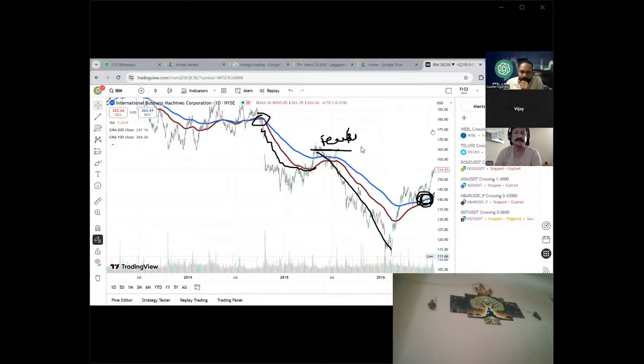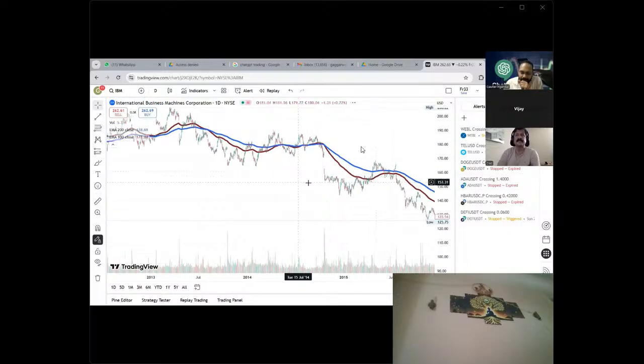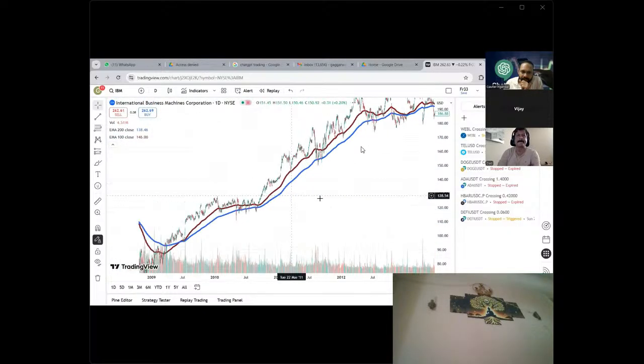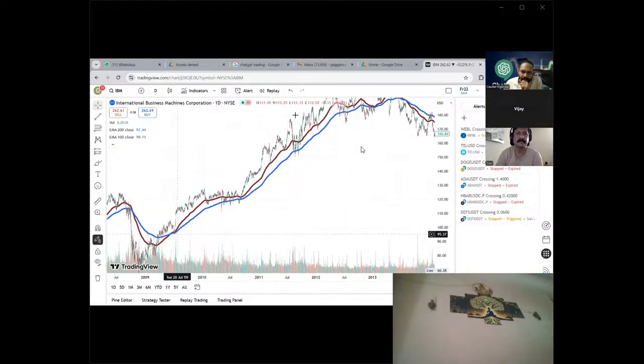These scenarios will be very rare. Here you can see that after a long time it gave a breakout and crossed the line, in the month of July 2009. It was in an uptrend until 2013, three years. So you will get a chance to make very good money if you use this on a positional basis.